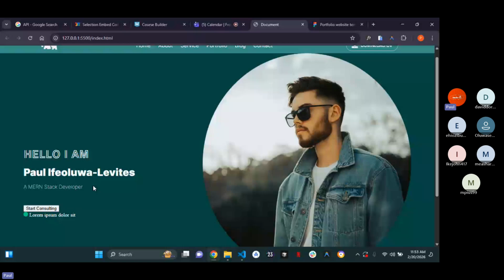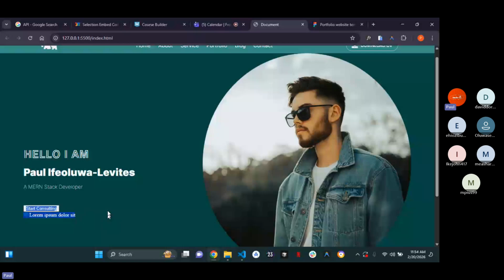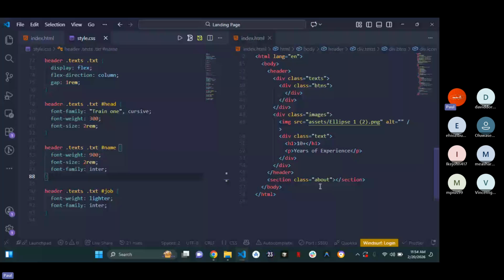You understand? So now all you have to do right now is access the div tag that is housing these two elements and give it a display of flex. So automatically they're going to be beside each other. So what am I saying? I'm going to come here now. And what's the div tag? The div tag is btns, right? So that will be